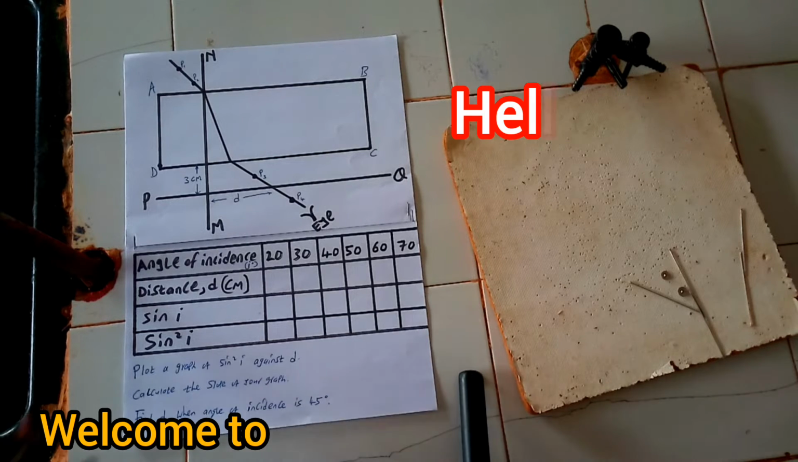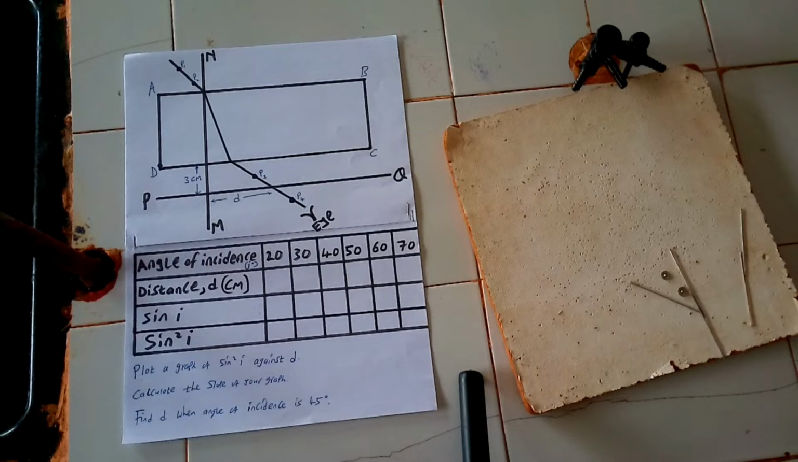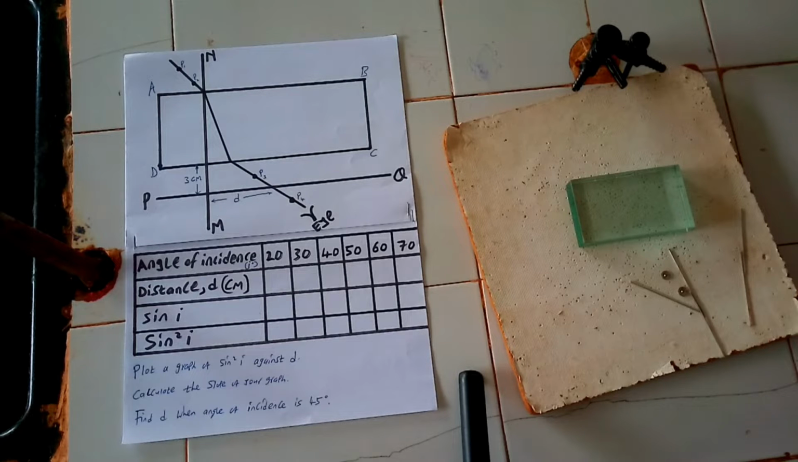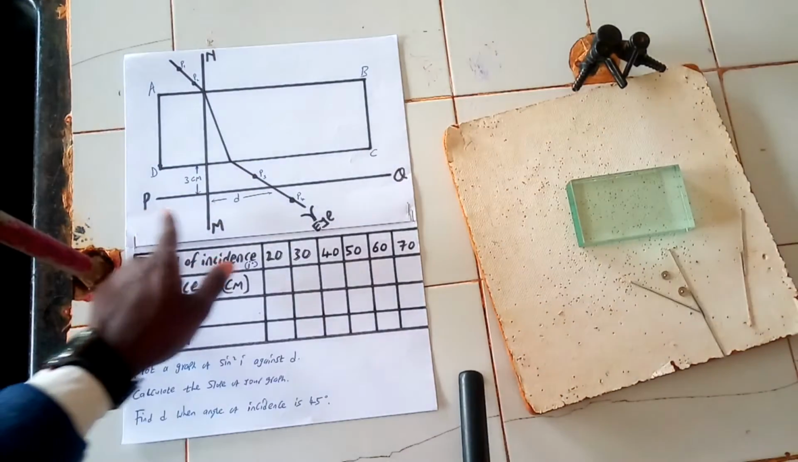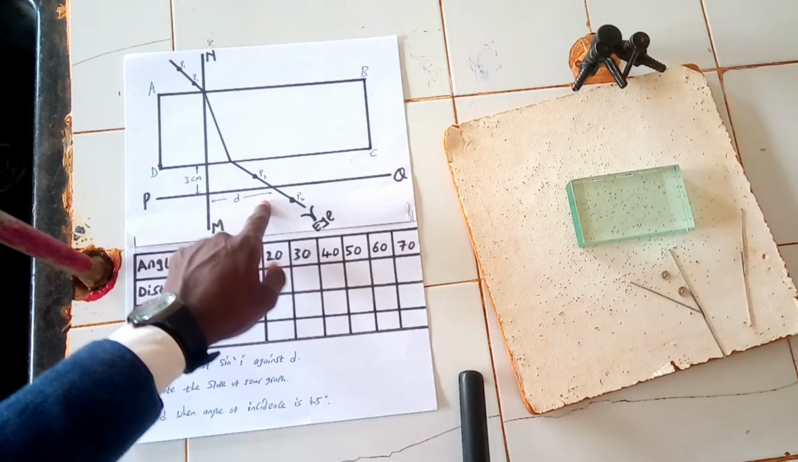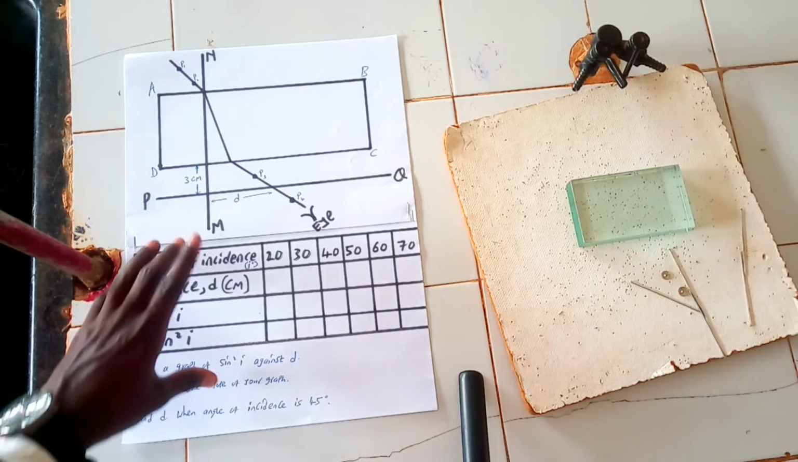So today we want to look at this setup. We have the glass block, that is the glass block here, and then we have the other components. We have the normal line NM, 2 pins, and the other 2 pins. We have distance D, the displacement of the emergent ray from the incident ray, and then we have this table,